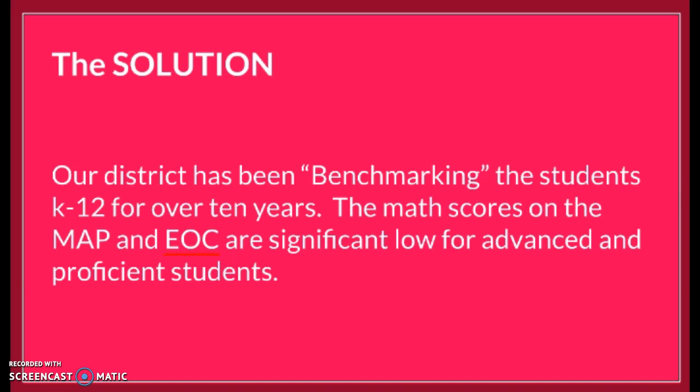We have seen a significant drop in scores each year for the advanced and the proficient students. Each of the cohorts decreases in the state scores on the exams, whether it's the MAP or the EOC, and the students don't see the connection to the mathematics. Because they don't have the connection or the interest level, they have little motivation, enthusiasm, and joy for mathematics itself.